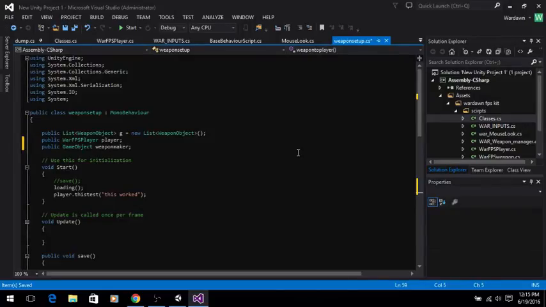Yeah, it would actually do nothing for me to do that. Because I could just do a new game object. That would be fine at runtime. And that's basically all it would be anyway. The only game object that would matter is the weapon